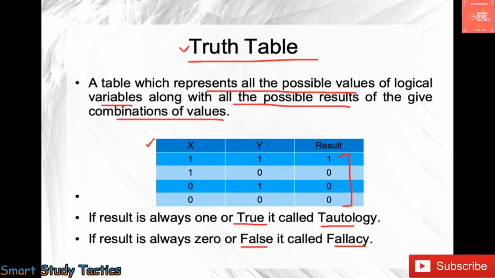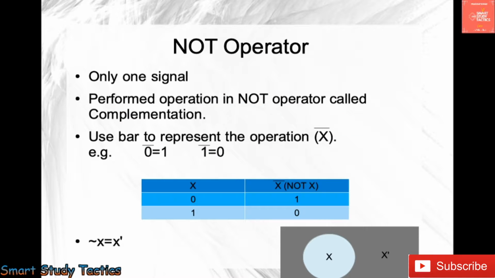As you can see, the last time we were discussing Boolean logic, in which we discussed the truth table. So we are going to continue from the next topic. Let's see what the NOT operator is. As we talked about the logical operators, we have talked about NOT, AND, and OR. So we are going to start with the NOT operator.